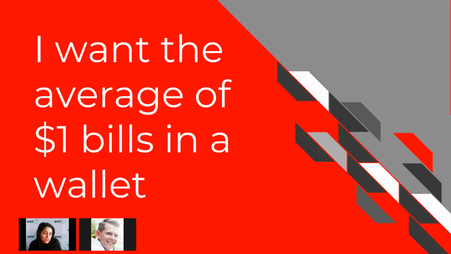So what do I need to do in order to fill in these blanks? Well, I need to count all the bills in the wallet. Okay? And as I'm counting them, I need to check if any of these are $1 bills. And if they are, I need something to keep track of that, so that when I come to the average, I have the numbers I need in order to calculate. Does that make sense?